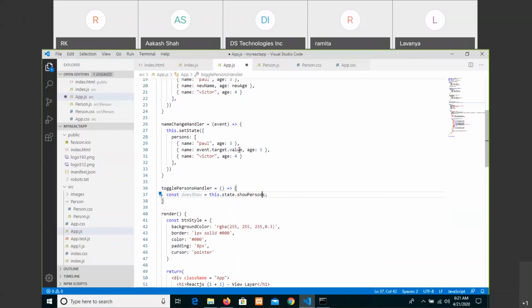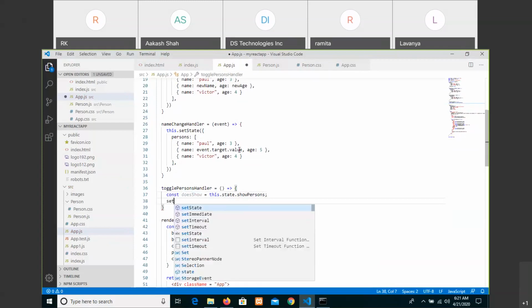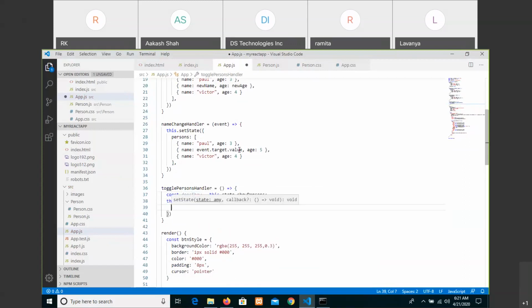Once you assign it as it is, then by using setState here, showPersons colon, a property which is written right now, you use a logical not symbol and then